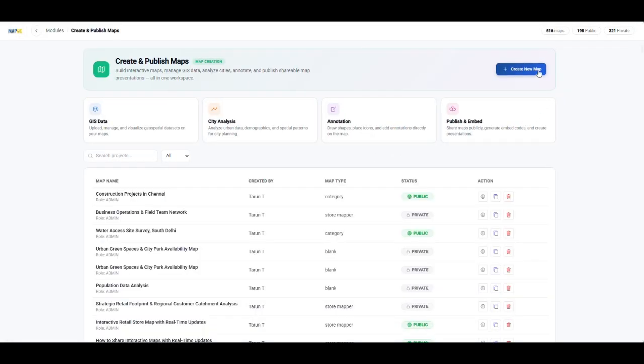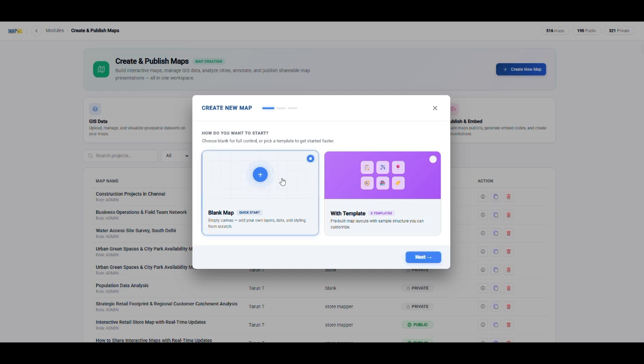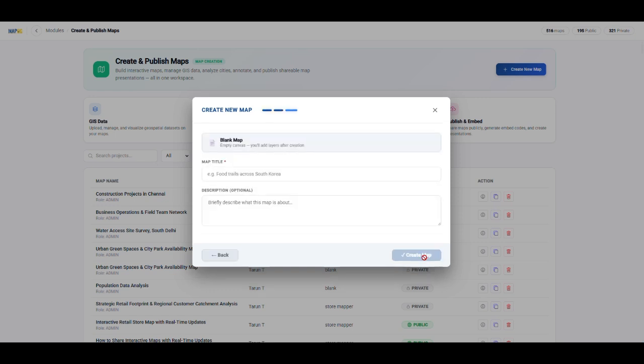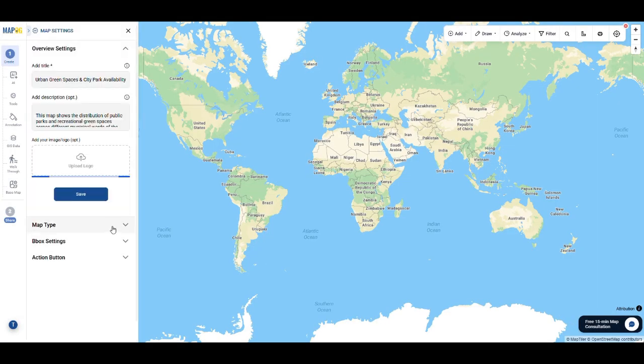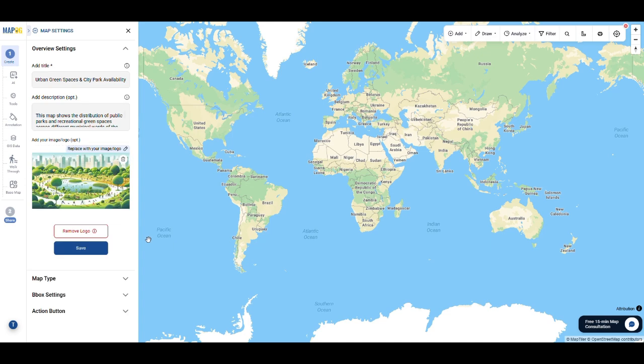Next, click Create New Map. Select Blank Map, click Next, enter a map title and description, and create your map. Then open Map Settings and upload a map logo or cover image to make the project easier to identify and